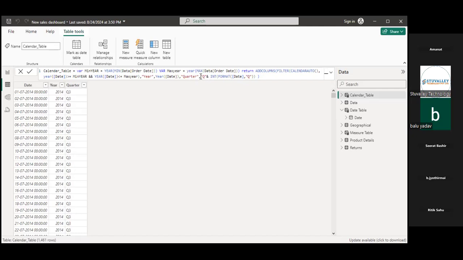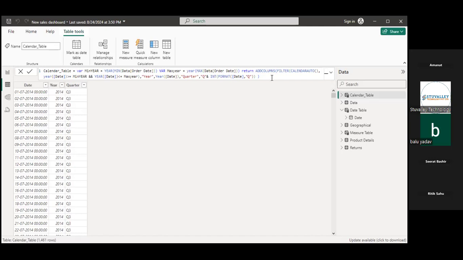If you want month, add one more column and give the format for month. Instead of this Q, you will put 3 within double quotes. So that's how you are able to add extra columns in your date table. So clear till here?